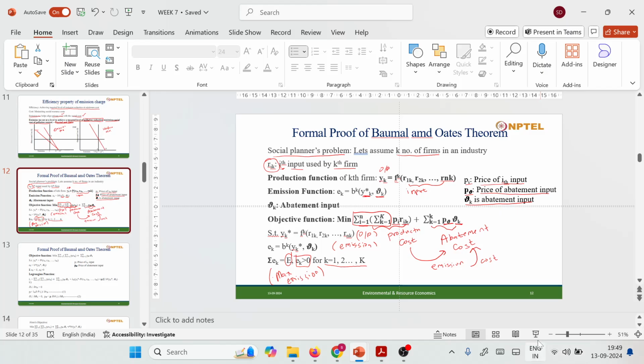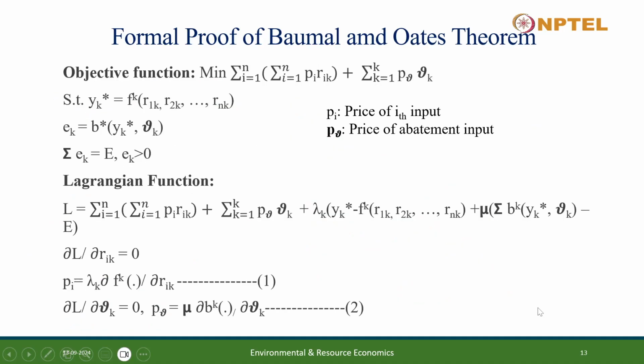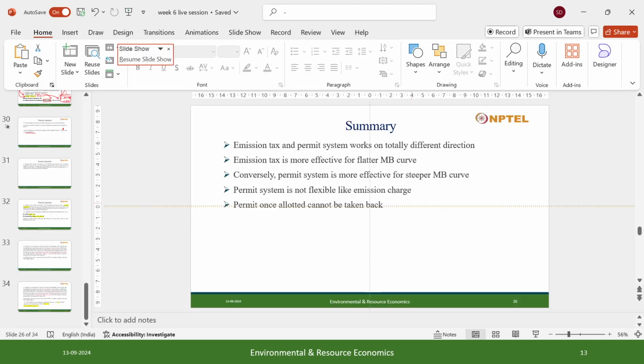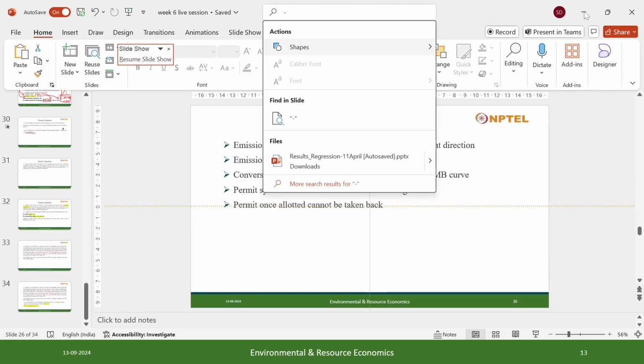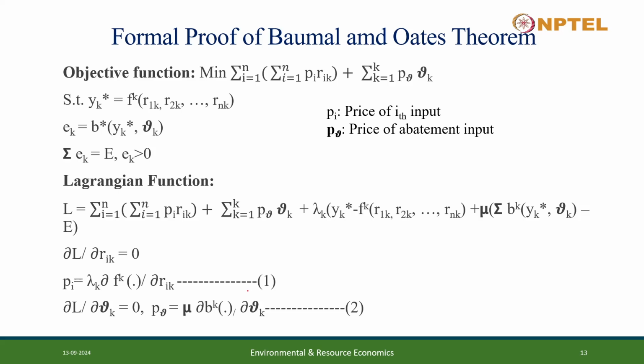Okay, now we will move towards the next part. Now we have the objective function and constraints, right? So from here we try to draw the Lagrangian function. The Lagrangian function is drawn by first keeping the objective function,